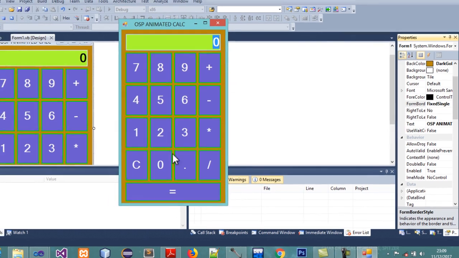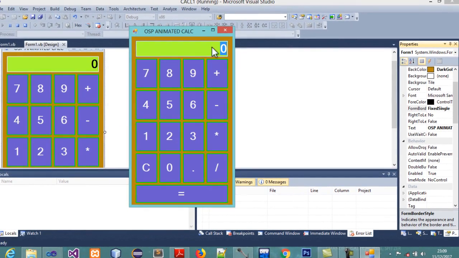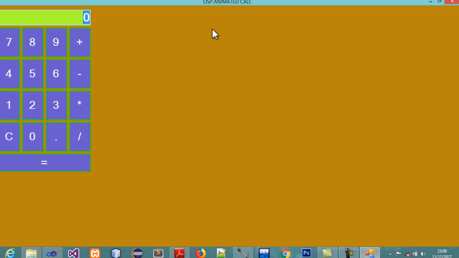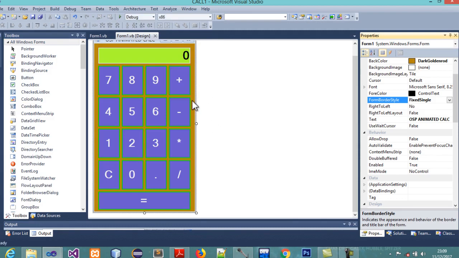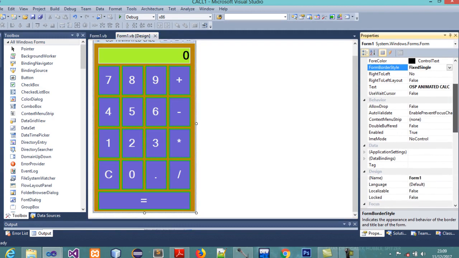But now we have another problem. You can't size it, but you discover here, have you seen that something? So we also have to fix that. And how do you do it? Click still on the form, not on the button, on the form, and change the